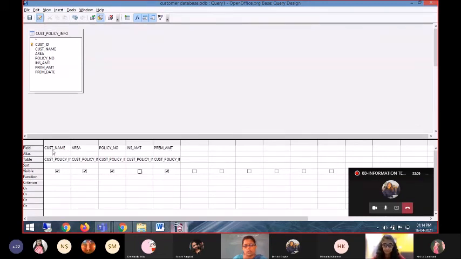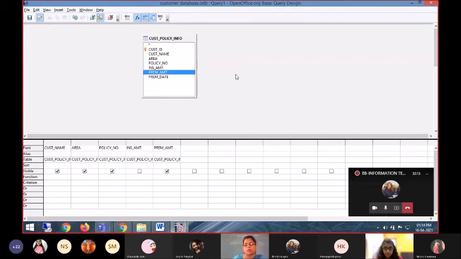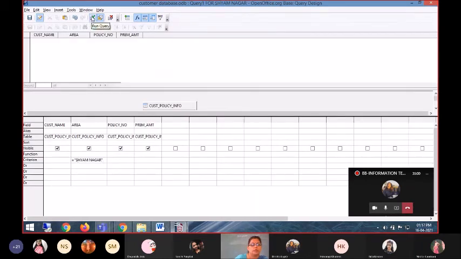So I have designed this query. The query design window has two parts. This is the area where we add tables and create relationships. And this is the query design area where I will add the fields and the criteria. Now, I don't want all the customers. I want only the customers who are in Shyamnagar area. So here for area, I will give the criteria. What is the criteria? It must be given perfectly, otherwise it will create problems.